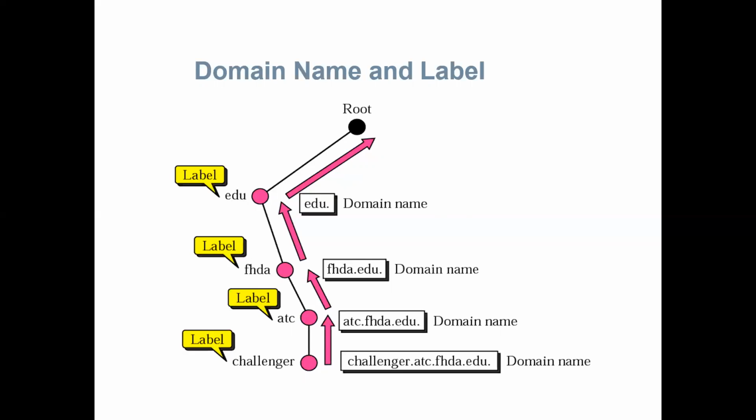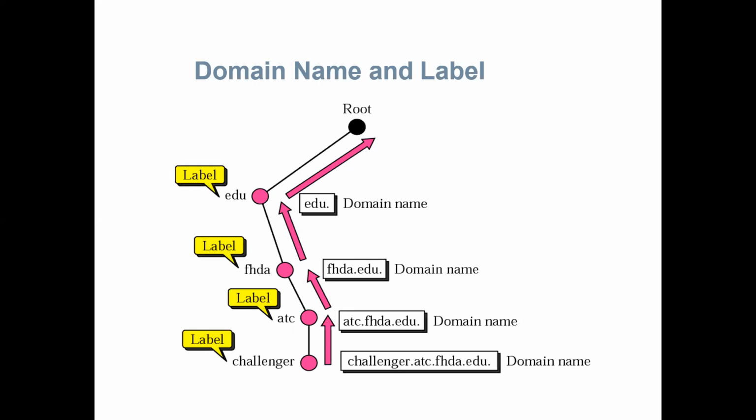If a label is terminated by a null string, it is called a fully qualified domain name, or you can say FQDN. And an FQDN is a domain name that contains the full name of a host. It contains all the labels, right? And a partially qualified domain name: if a label is not terminated by a null string, it is called a partially qualified domain name, or you can say PQDN. A PQDN starts from a node, but it does not reach the root.